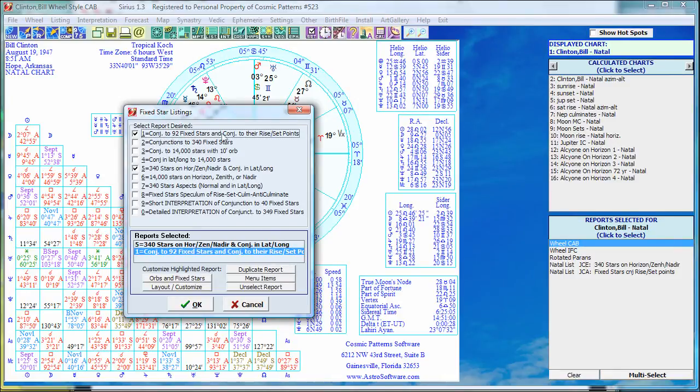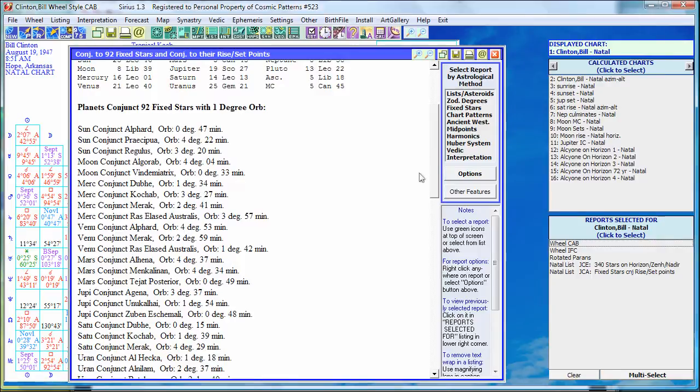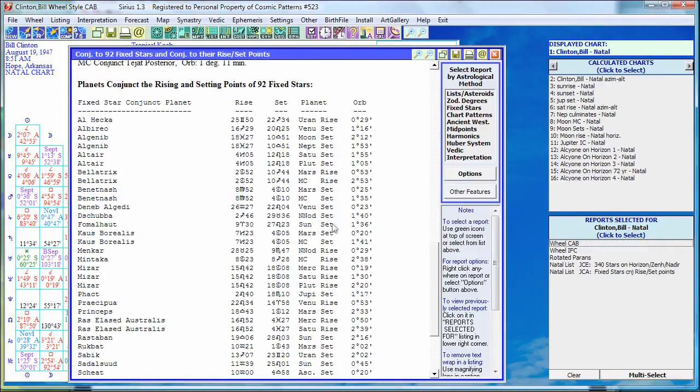Conjunction to 92 stars, and conjunction to their rise set points. It's going to tell us when planets are conjunct the rising and setting points of the stars. Again, we added this within the last few years to series, starting with Series 1.2, and I scroll down, and there it is. This tells me, for example, that for Bill Clinton,